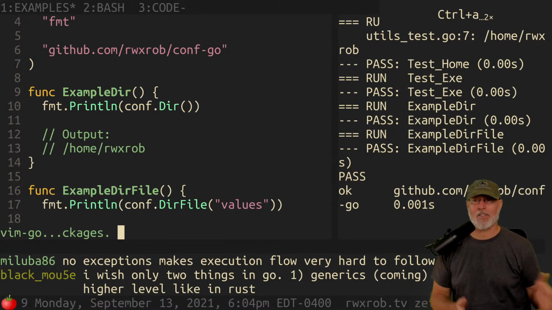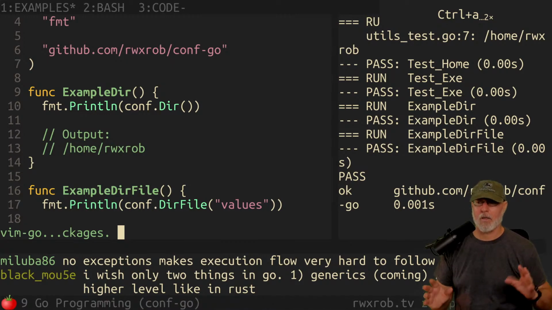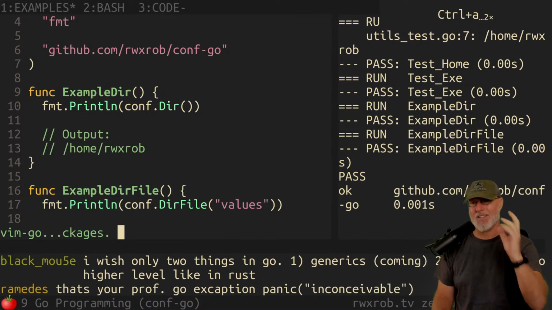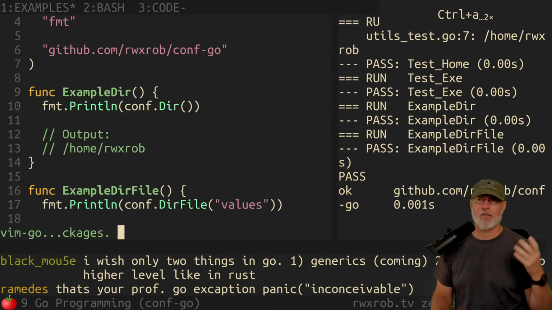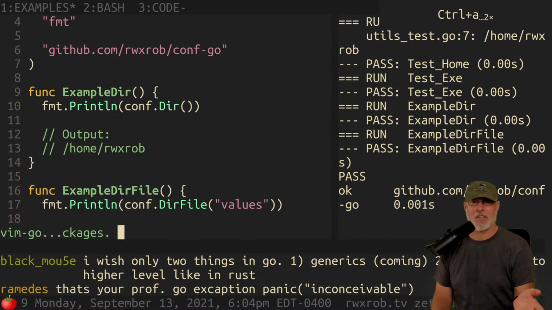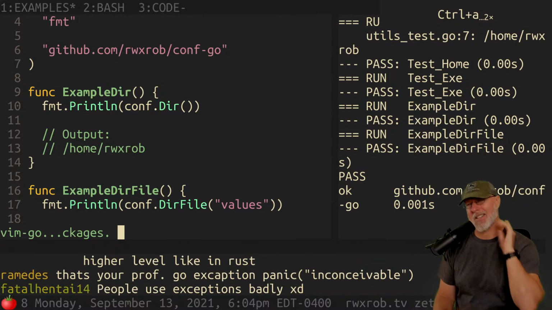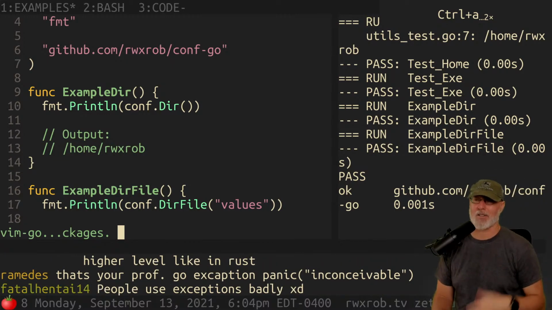So, you know, people complain all the time about if null equals error. You know what? At least you know where it's happening. You know what's happening as you're going. That's imperative, like step by step. If you put off all of that, how are you going to follow the code at all? So I don't like it. It makes the code easier to read, but it's mischievous, right? Because it might be easy to read, but it's not the whole story.